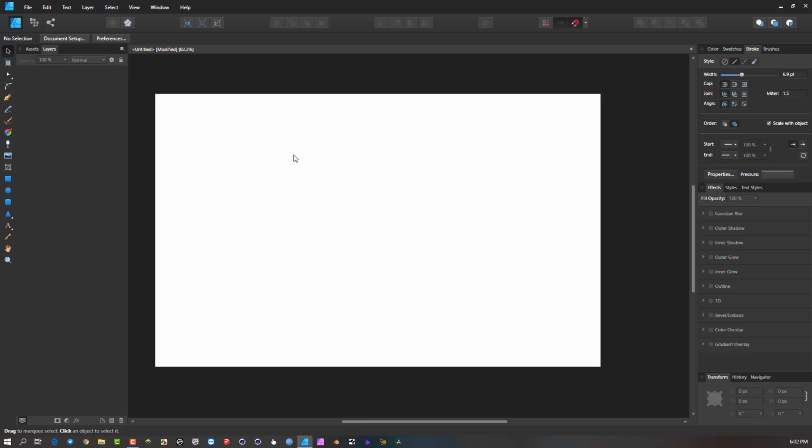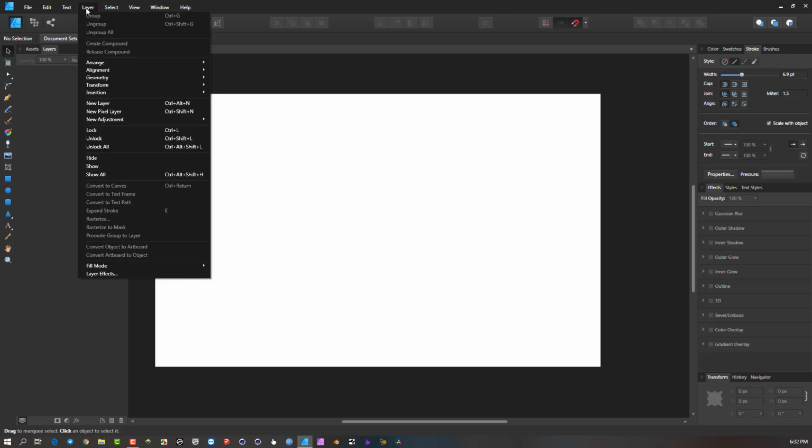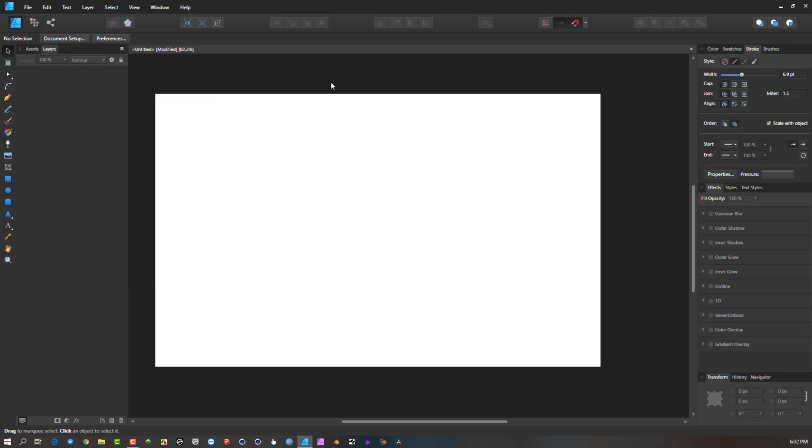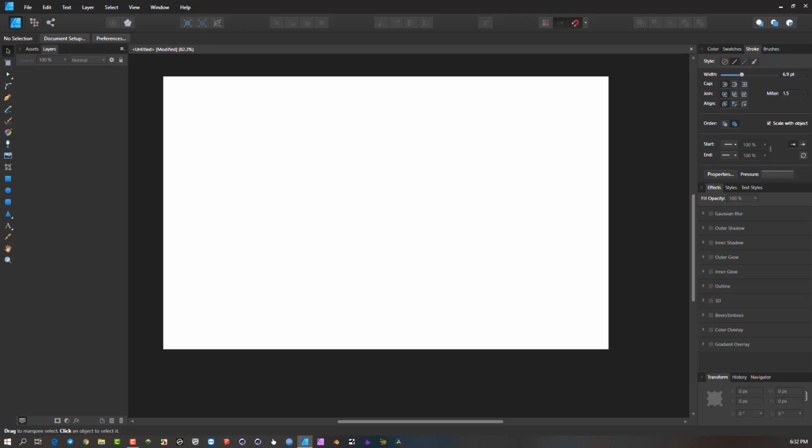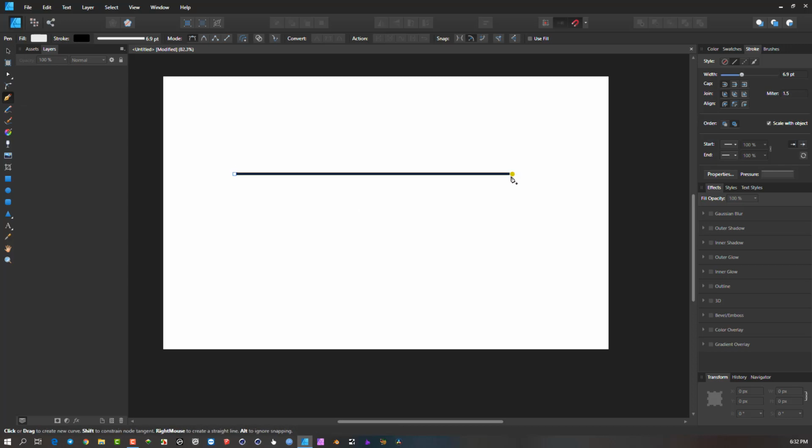So one of the challenges that I see guys are mentioning along the way is the use of the expand feature, which is if you go to the layers menu here, you come down and it says expand stroke. So if you have a stroke and you want to expand it, I've got a shortcut key that I created for it called E, but literally what it means is if you come to, let's say, pen tool, I'm going to click there, keep shift to constrain it so I can just make a straight line,